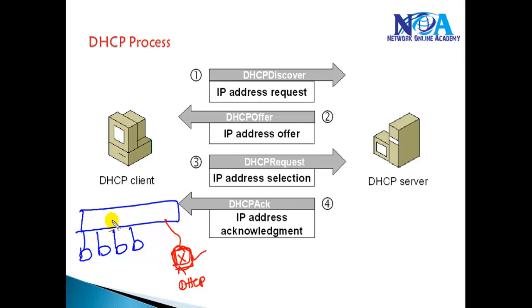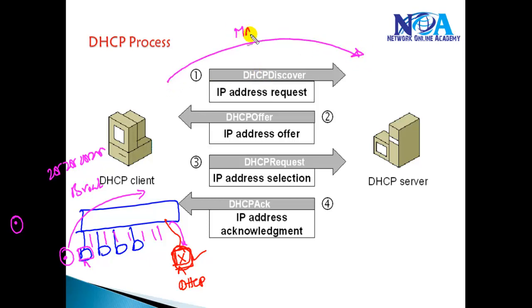Whenever you power on the client, let's say I power on the computer, and this option is selected as obtain the IP address automatically, it means that it's a DHCP client, and it sends a broadcast request to 255.255.255.255. The broadcast goes to each and every device in the network, and also to the DHCP server. The broadcast request is something like: is there anyone who can assign me an IP address? My MAC address is so and so.